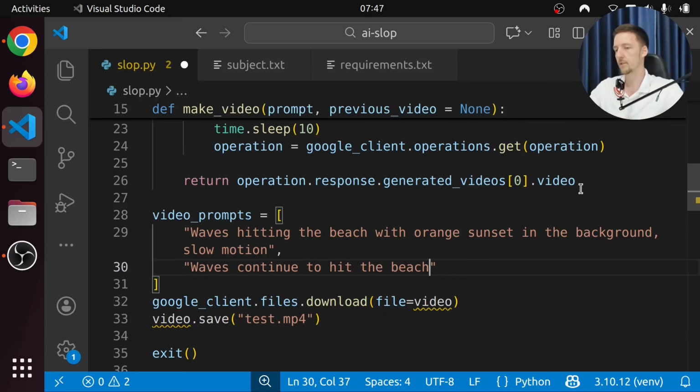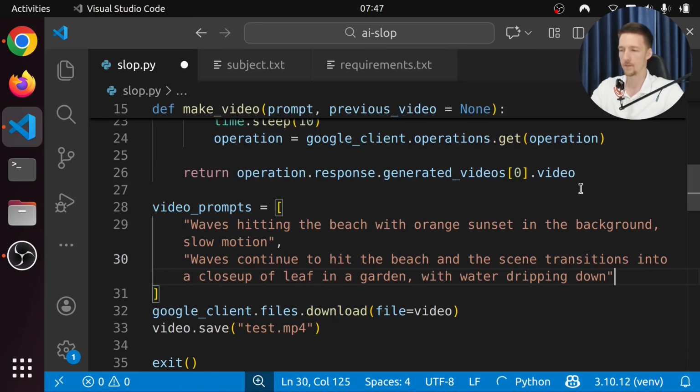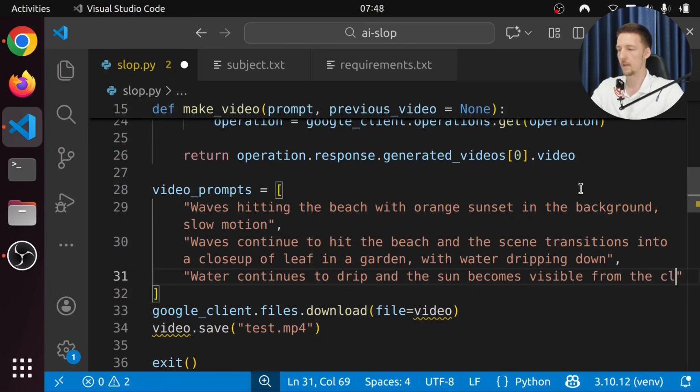Let's say waves continue to hit the beach, and the scene transitions into a close-up of a leaf in a garden with water dripping down. Something like this. And then we can continue even further. Water continues to drip and the sun becomes visible from the clouds.